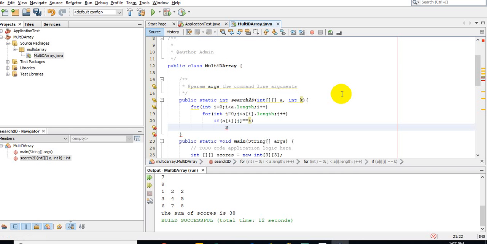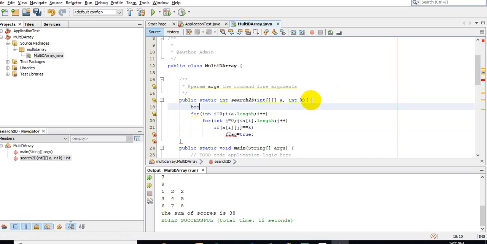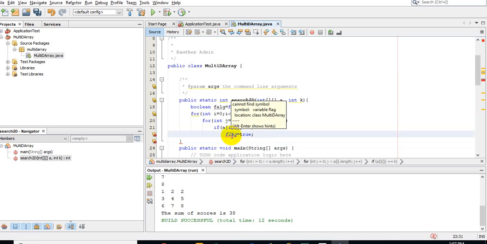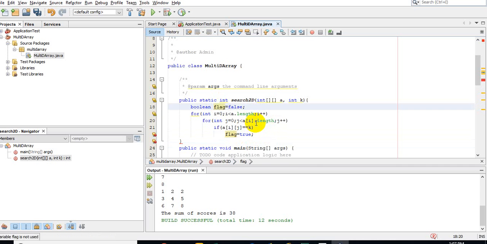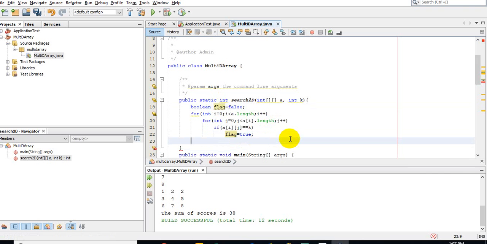Okay, so you can say, for example, I have to take a flag variable here of type boolean, flag equals false initially. Okay, so it becomes, sorry, this is a spelling mistake here, flag equals true. Okay, so if the element is not found, the flag remains false. So we check if flag,